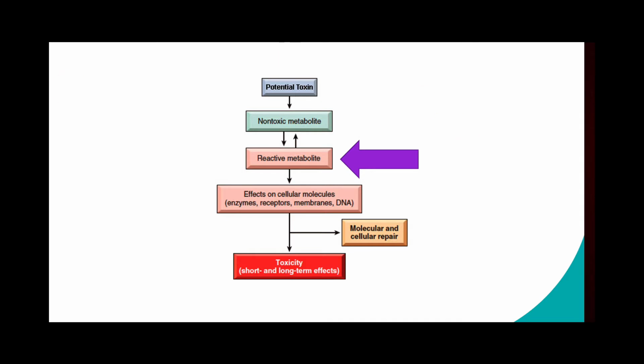Another example of this sort of potential toxin would be something called xenobiotics. These xenobiotics are in drugs, they're in pesticides, they're in cosmetics, they're in flavoring agents that we eat, they're in fragrances, they're in food additives, they're in industrial chemicals, they're in environmental pollutants, they're everywhere. And when we take these substances into the body, think about drugs. Think about if you're taking a prescription drug and you're on it for a long period of time. They can be metabolized to either a toxic or a non-toxic metabolite and eliminated from the body.